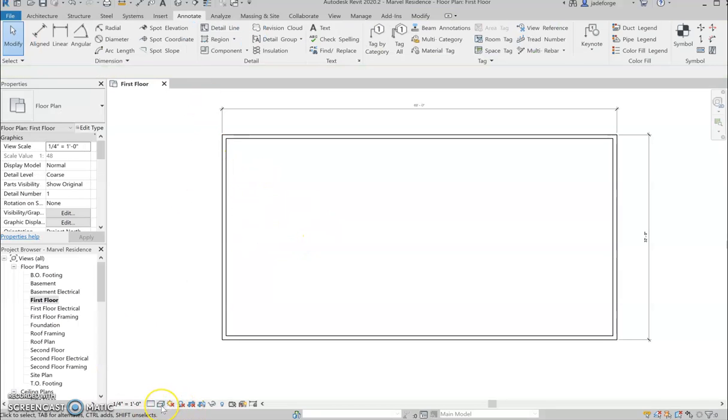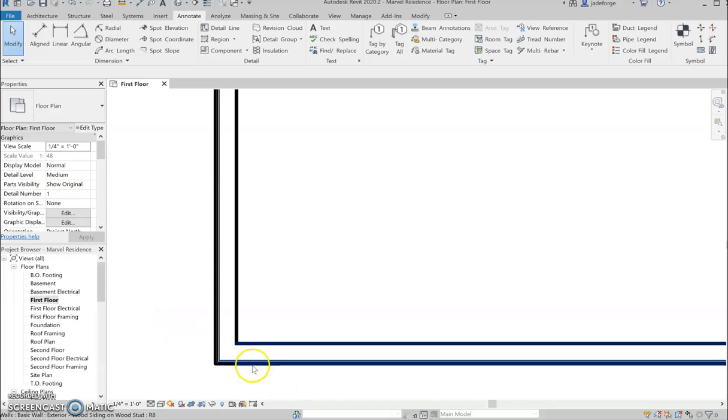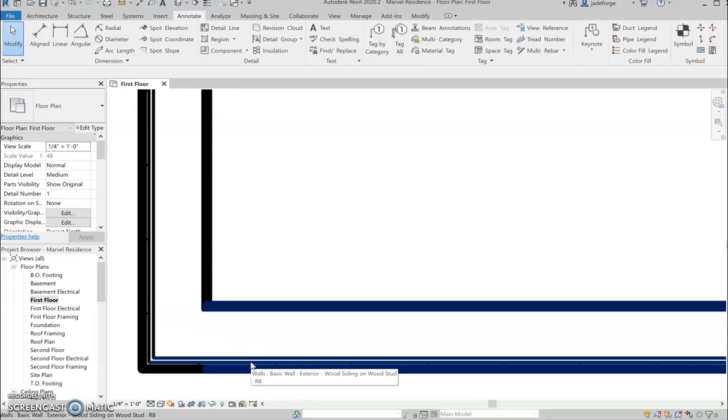And then down here at the bottom, on this command line, I want you to click on the visual style, to the left of it. Detail level: coarse, fine, medium. If you go into the medium, it'll highlight it a little bit, and it shows you that detail. So instead of our 8-inch generic concrete wall, now we actually have this 2x6